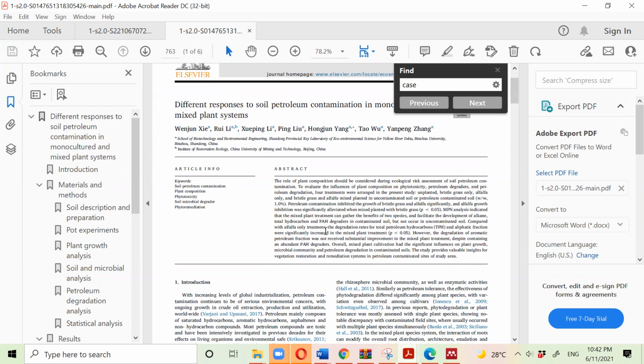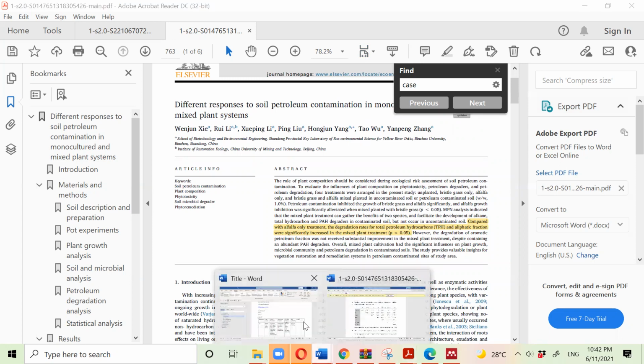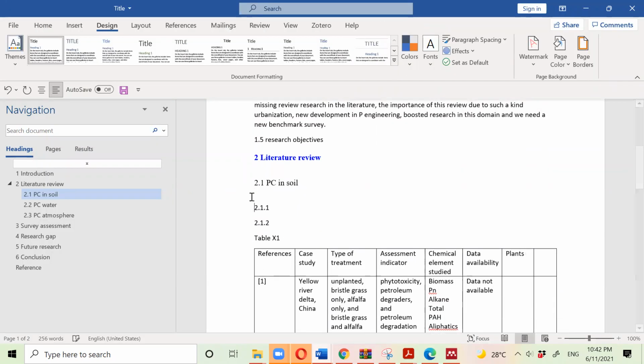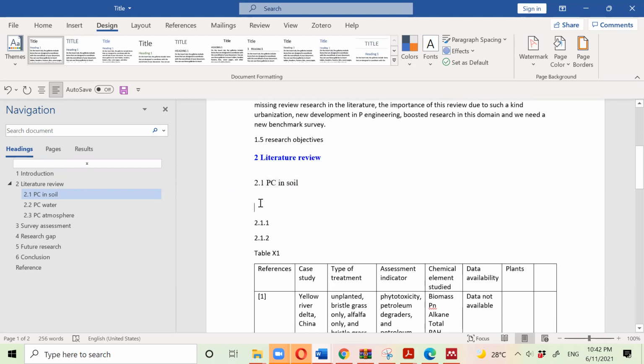Let's see: compared to the alpha treatment, the degradation rate for total petroleum and alpha fraction significantly increased. Okay, you see here, this is the research result, I mean, the outcome of the research. So this one, I prefer to put it in this way. In this way, you see this section that we are going to focus on. This one, petroleum contamination in soil. This section needs, I mean, first paragraph,